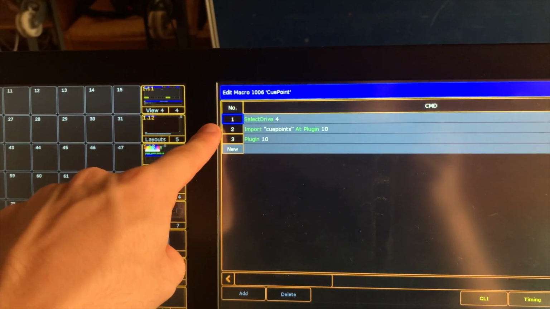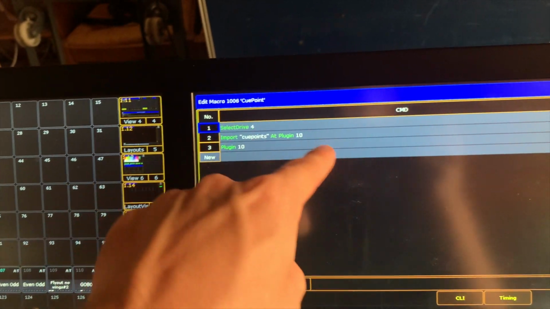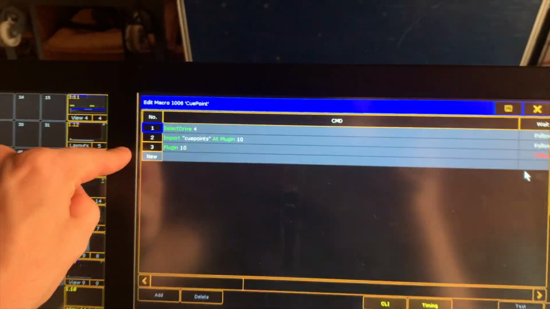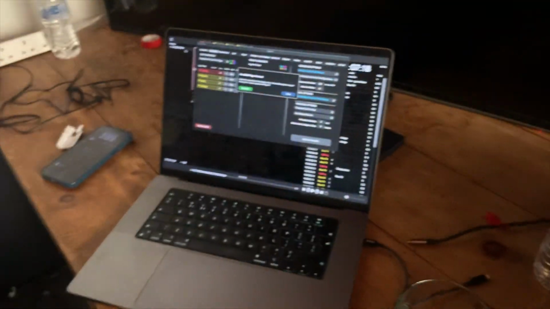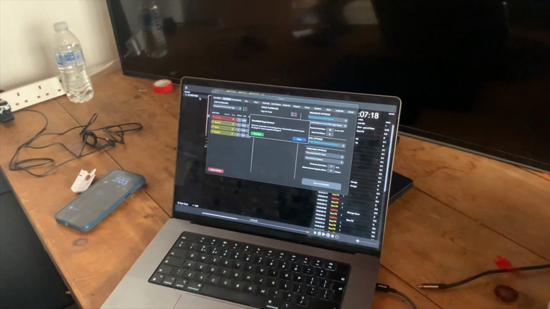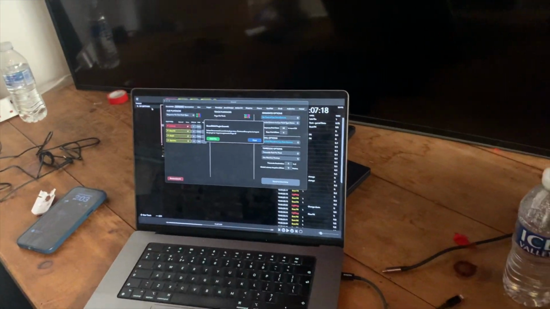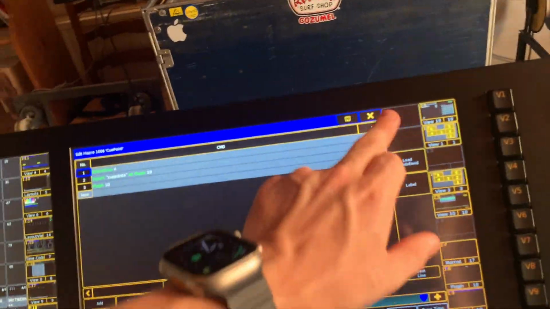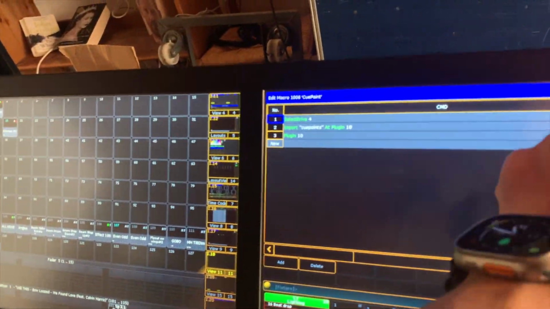Select drive 4 and import the CuePoints at plugin 10. Run plugin 10. So that's on drive 4. The network share is on plugin 10, on drive 4, which you can see by